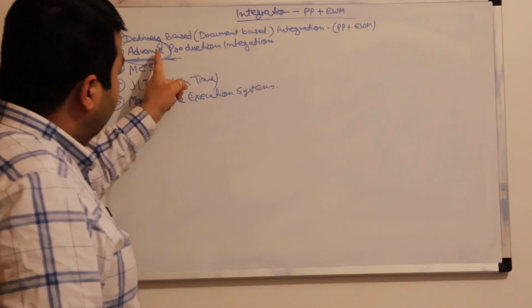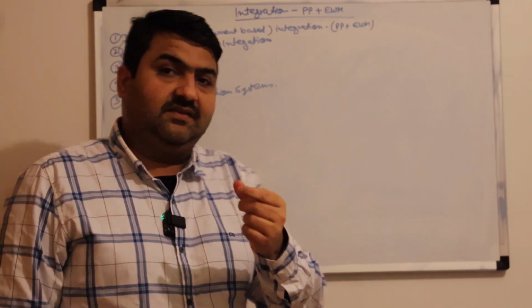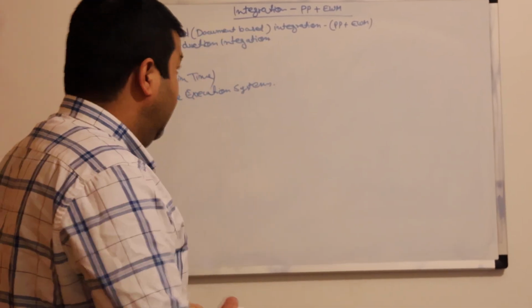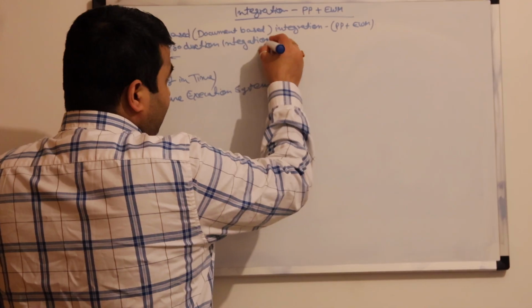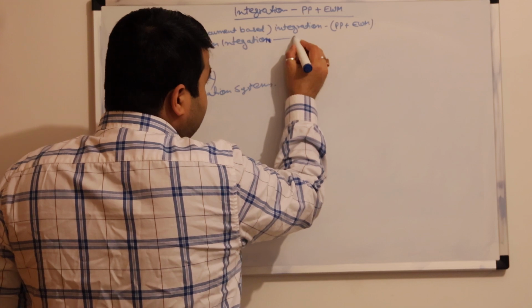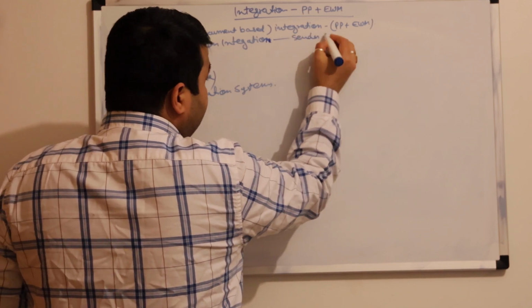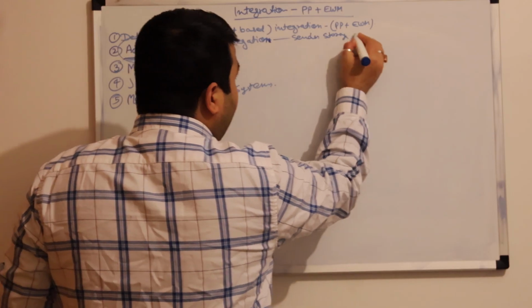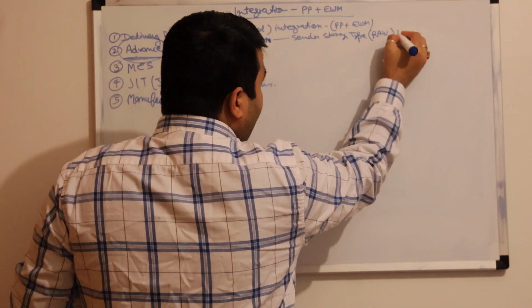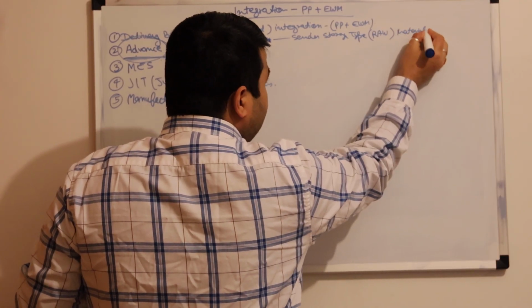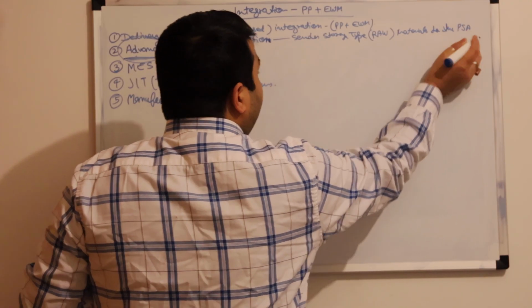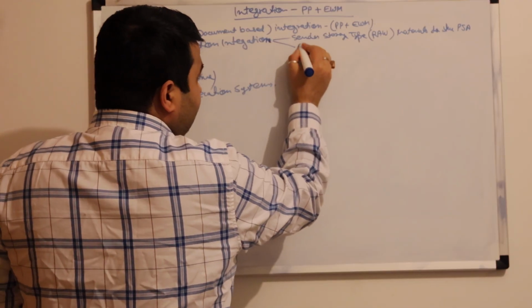When we talk about the advanced production integration, there is something there. That's why we call this an advanced production integration. Very simple. We use advanced production integration most of the time. For example, we have the sender storage type, which provides the raw materials to whom? The production supply area. I will explain. And we have the receiver,